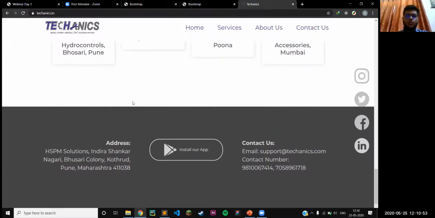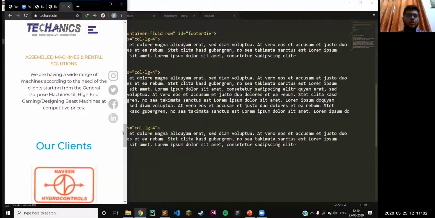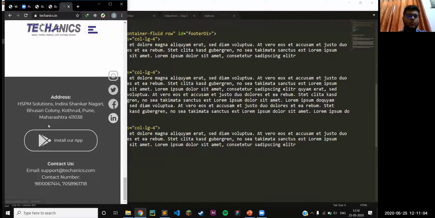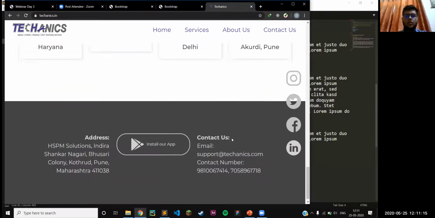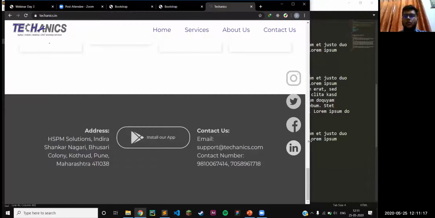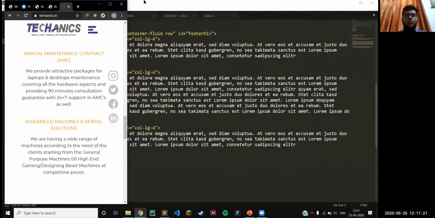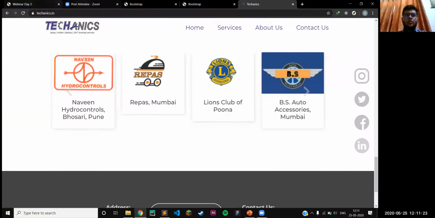Okay, so this footer that we have designed here is also made using Bootstrap only. So when we minimize it, you'll see that it appears like this, a list with the text aligned in center. And when we keep on exceeding it, you'll see that it appears like this after the expansion of the browser window. Okay. So this is how the Bootstrap grid works.